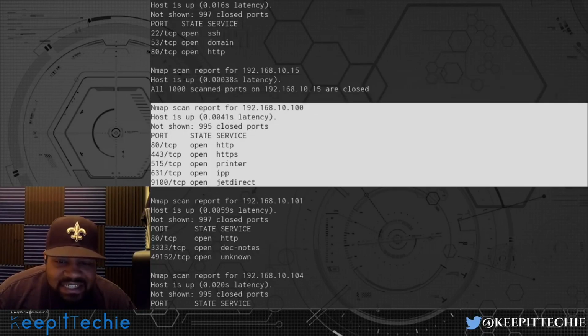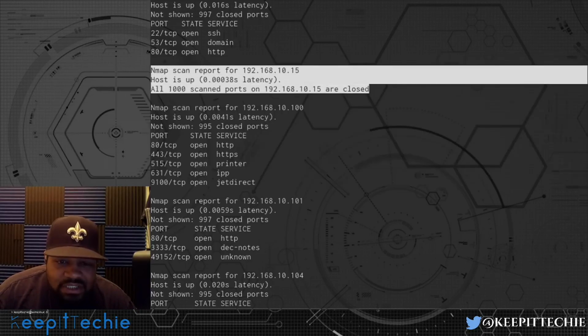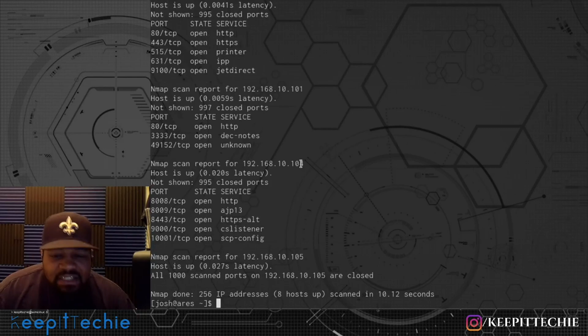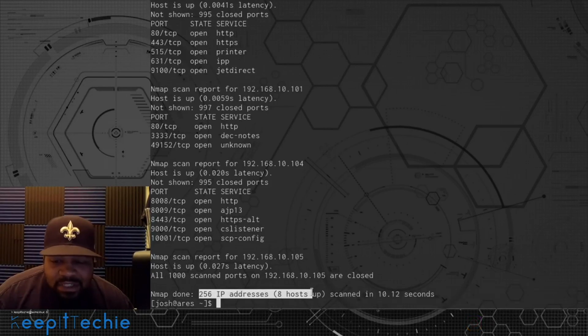Like I said, it scans through everything. This one right here has no open ports. So 15, which I believe is my Pi-hole. I have a Pi-hole set up, and it has no ports open on it. And then just all the other systems on my network. And like I said, it goes through all 256 IP addresses, and then shows you the 8 hosts that are